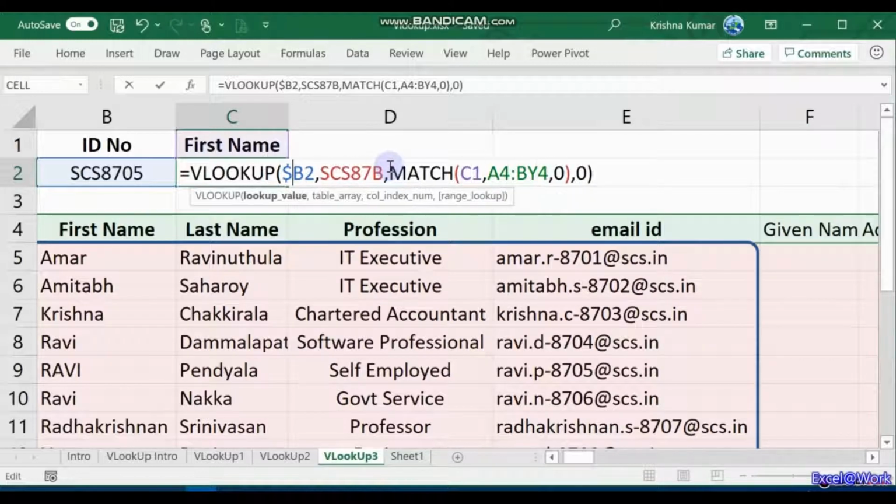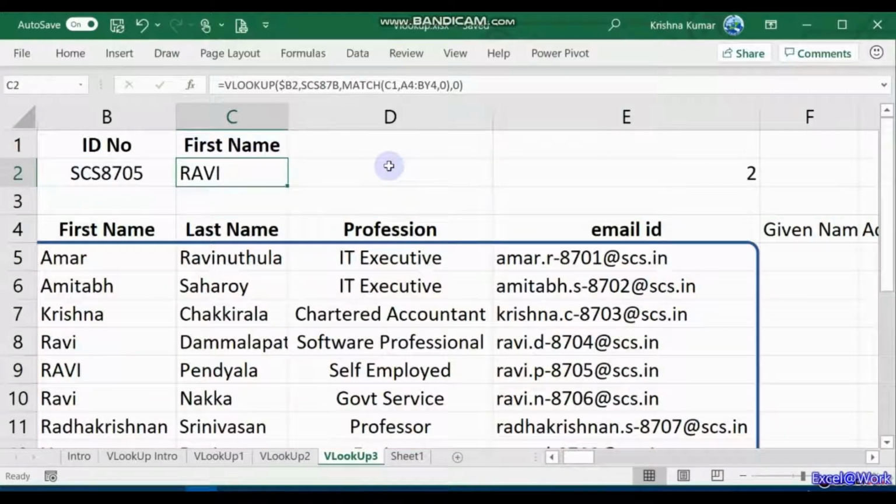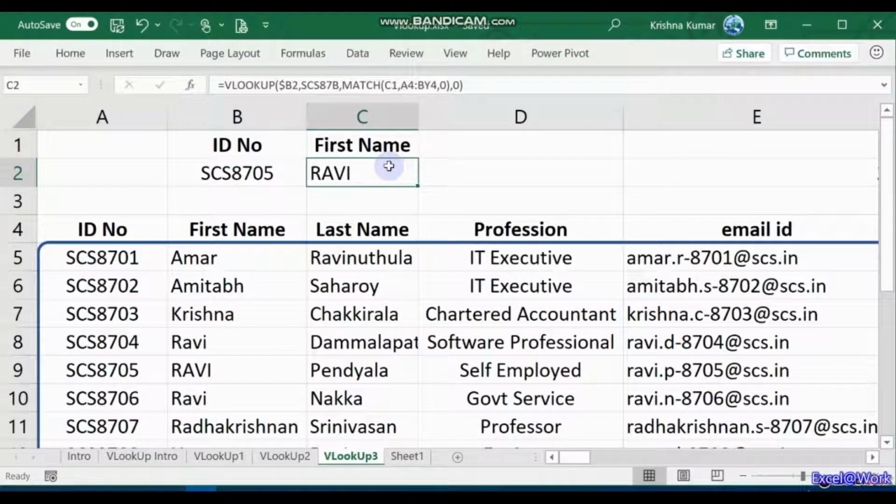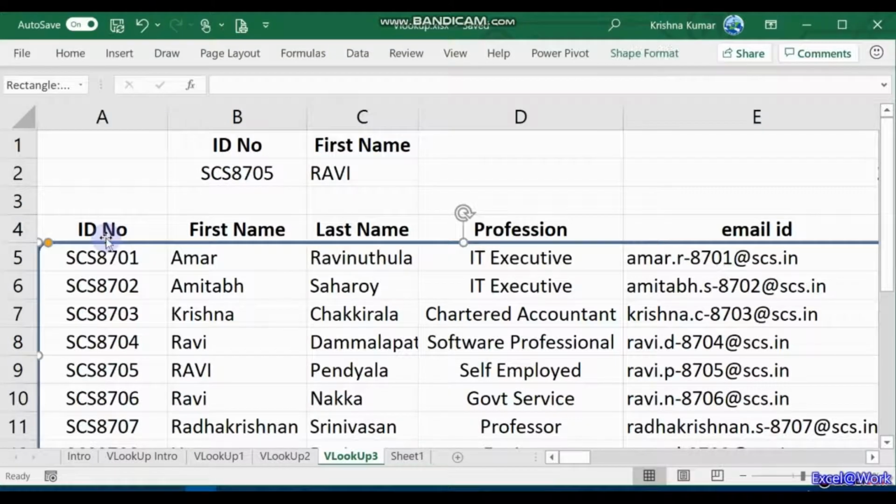The first argument is the lookup value, the table array, and the MATCH is now the column index number, and then the range lookup will be again exact match. So the first 2 arguments are as before. The third argument looks for the first name in the headers and then returns the column number where it is found.